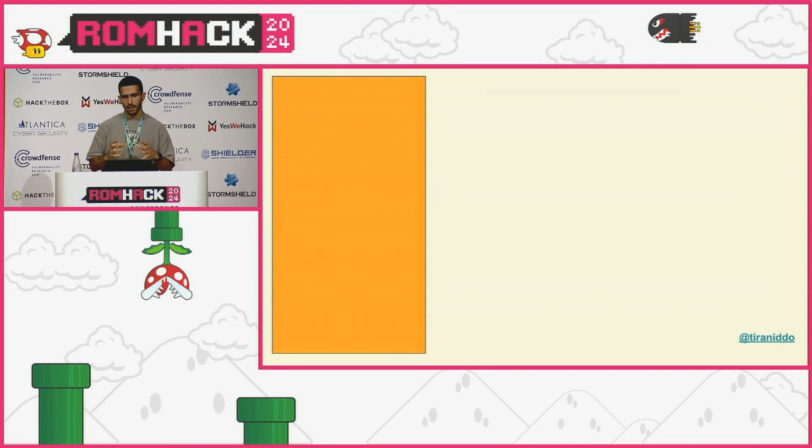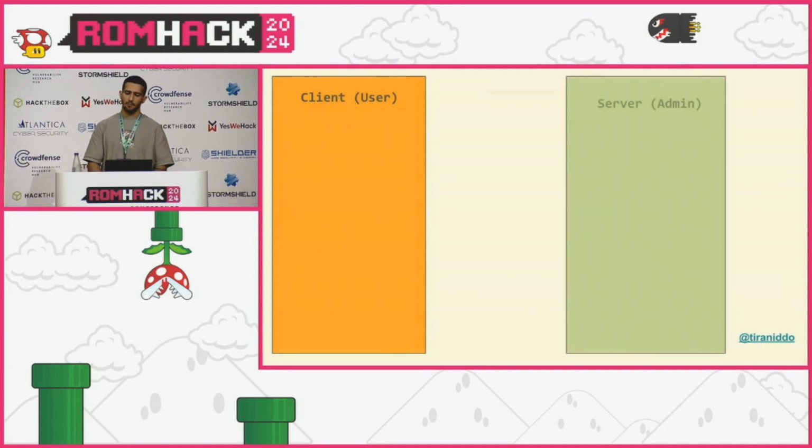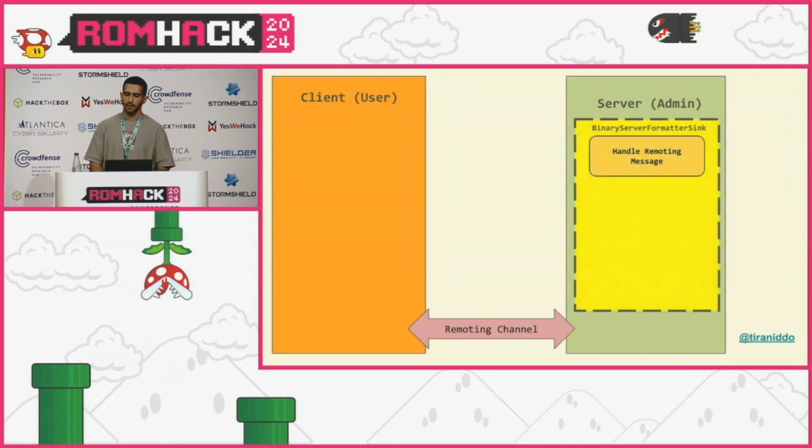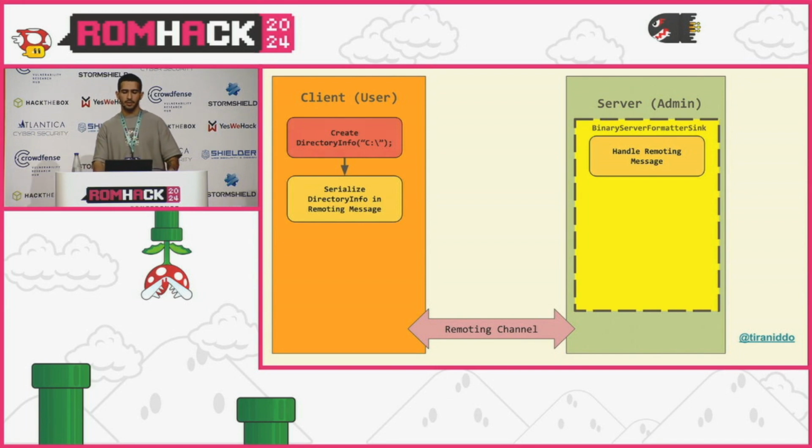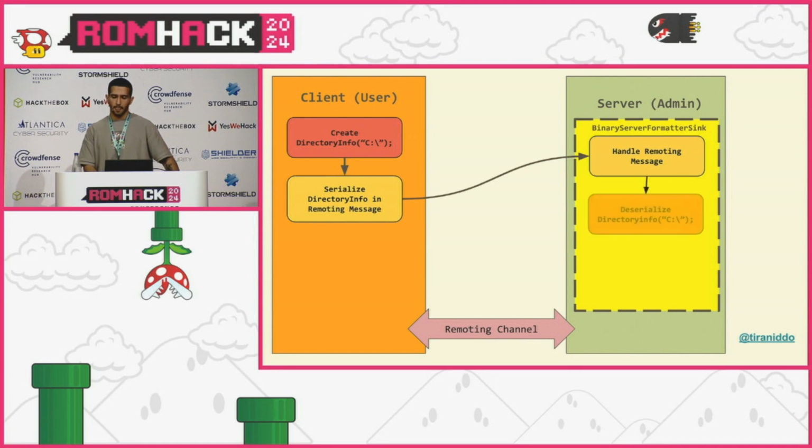But how exactly does that work, what does that look like? Well, we have a client and we have a server. They instantiate a remoting channel, and then we have a server which has something called a BinaryServerFormatterSink. This is the sink it chose. It could have used the SOAP formatter, but it's using the binary server formatter that handles .NET remoting messages. The client will create a DirectoryInfo, serialize it, and then send it across. But the problem is,